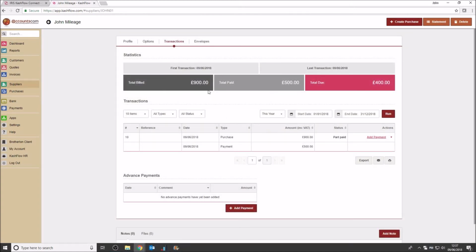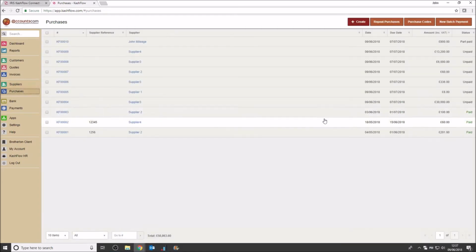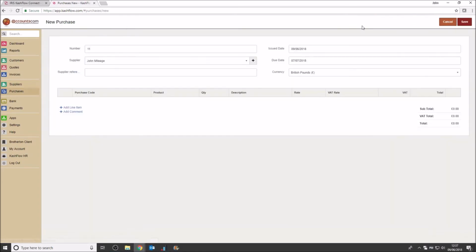We can see that the total billed was 900. This is the amount that's been paid, and that's the amount that you're still owed on your mileage. So if we go back into purchases, we get to the end of June, we create a new